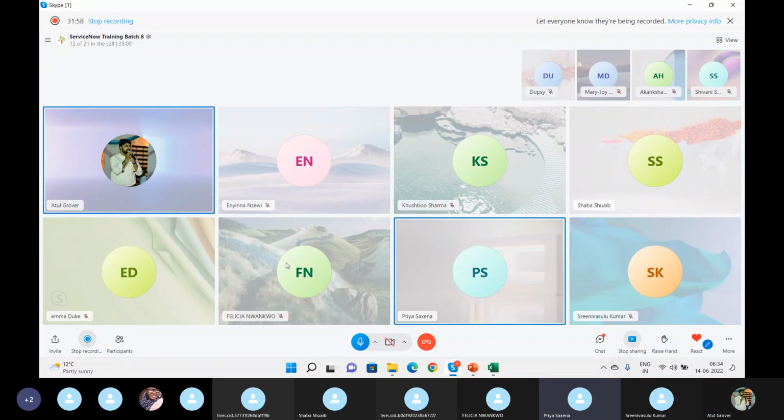Because they are proficient in their field. Perfect. So why do we need a business analyst? And Priya, you put a very right question. In one of the interviews, it was asked of me why a BA is required. The need of the BA is that the BA is the person who talks to the customer in their own language. Let's take an example: if I'm a developer and I want to talk to Priya, okay, then